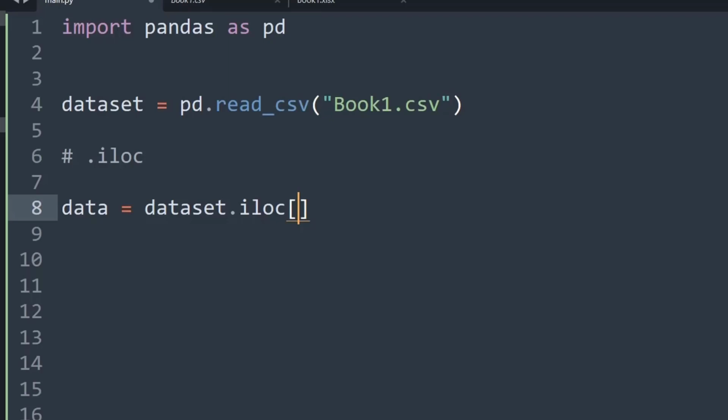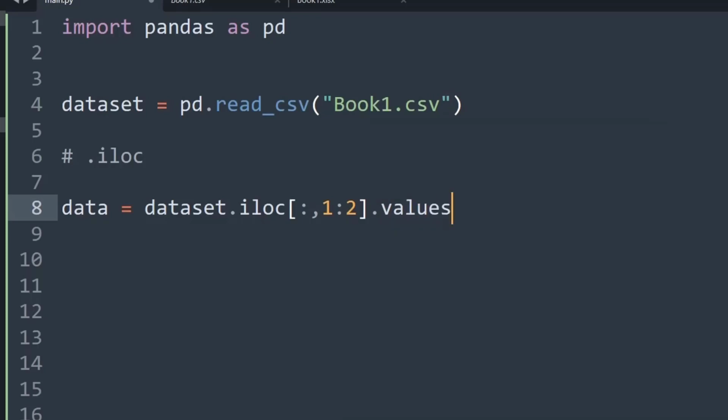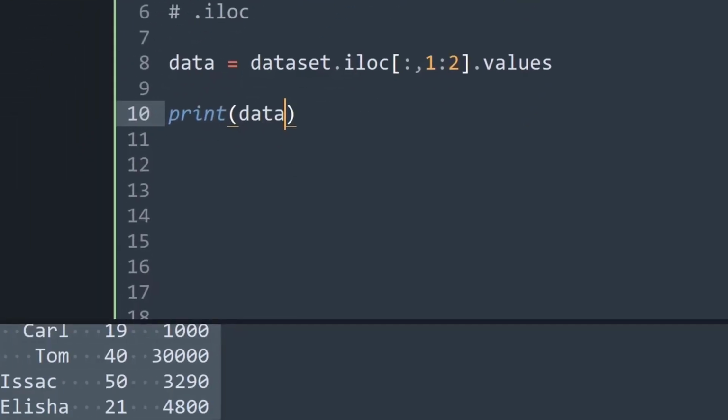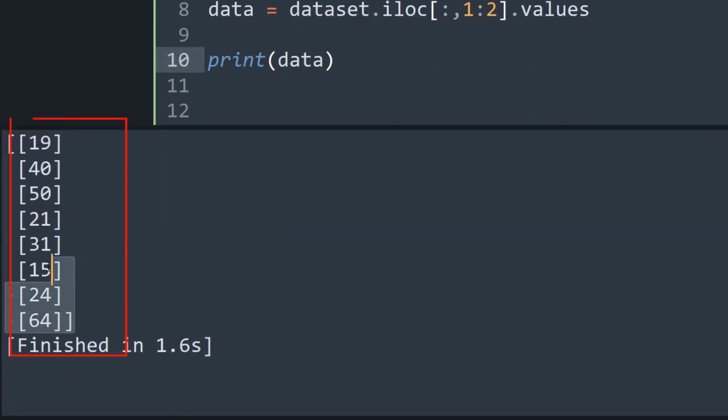So first I'll put a colon, that will be the start index, then I'll place a comma, and then I'll say 1 colon 2, and then I will say .values, which means we are trying to tell Pandas that we want this set of data and the values corresponding to the data saved. And now if I print the data and run the program, as you can see, we will get a 2D matrix of only the age of every person present inside the data that we are working with.